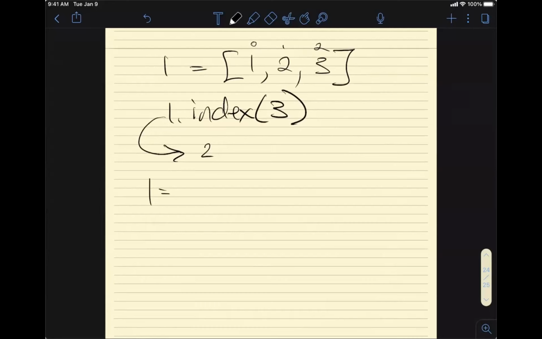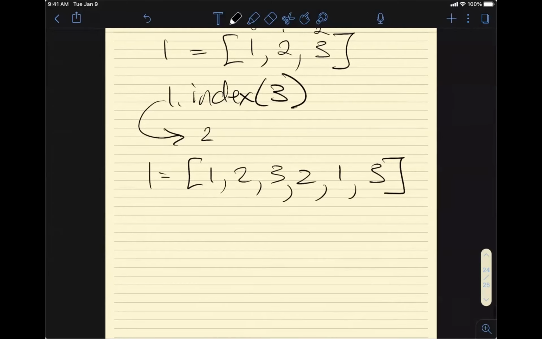I'll just continue in the iPad. 1, 2, 3, 2, 1, 3. So let me write down the indices, 0, 1, 2, 3, 4, and 5.